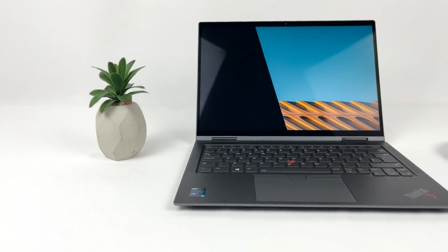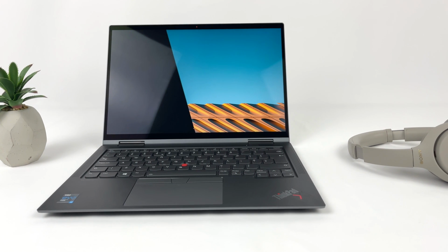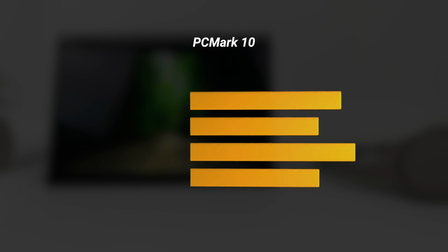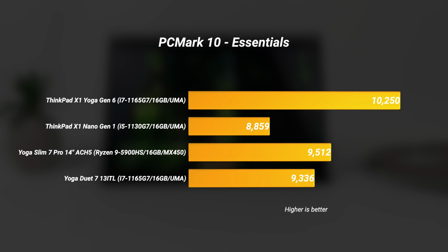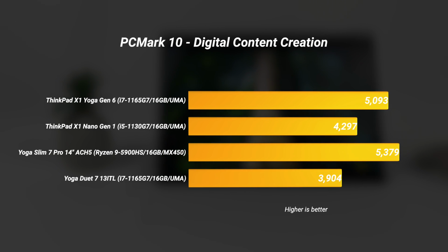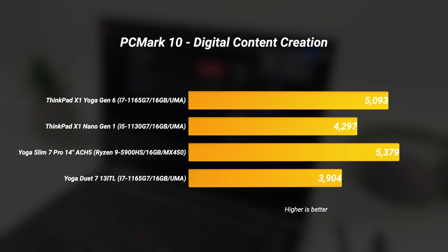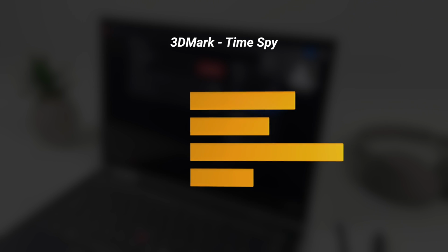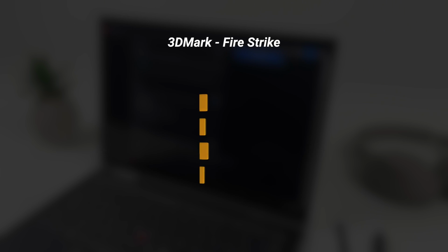Now let's look at some benchmarks, which should give you a better idea how X1 Yoga compares to other laptops we have recently tested. At PCMark 10, X1 Yoga scored a decent 5044. 10,250 goes to Essentials, 6,674 to Productivity, and 5,093 to Digital Content Creation. Considering Yoga has integrated Intel Iris Xe graphics, that's not bad at all. 3DMark benchmark showed us that Yoga Slim 7 Pro with NVIDIA MX graphics is still more powerful than Xe from Intel. Time Spy 1763 and